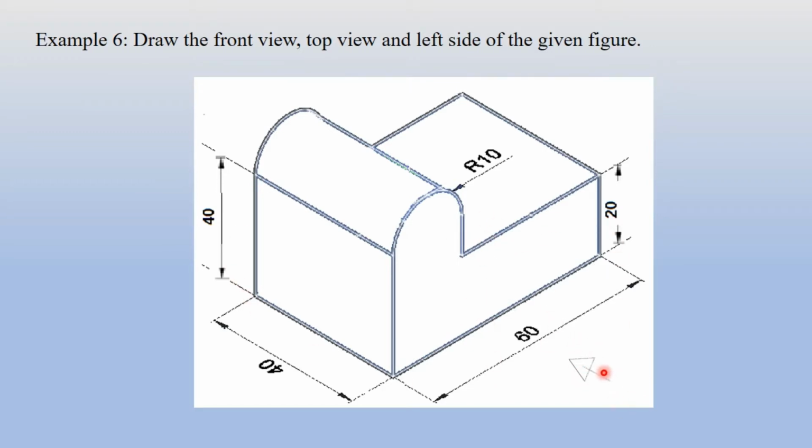Also the arrow is given, but it may so happen that if he will mention in the question that we have to draw the left side view, sometimes he may not give the arrowhead also. So for that time you have to observe. So in the front view this shape will appear, and in the left hand side view there will be two rectangles. Here you observe the curved portion, but it will appear as a rectangle in the left hand side view.